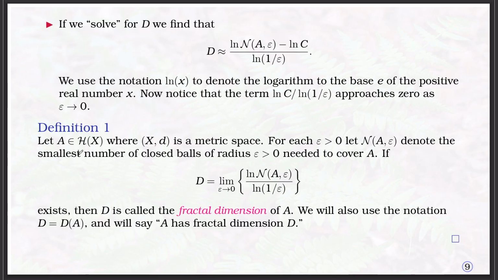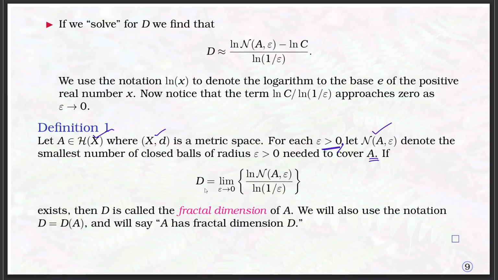Let A belong to h of x, where h comma d is a metric space, where h of x is the collection of all non-empty compact subsets of this x comma d, and A is any member of h of x. For each epsilon greater than 0, let n of a comma epsilon denote the smallest number of closed balls of radius epsilon needed to cover the set A. We already discussed the existence of n of a comma epsilon for every compact set. If any compact set, we can find,